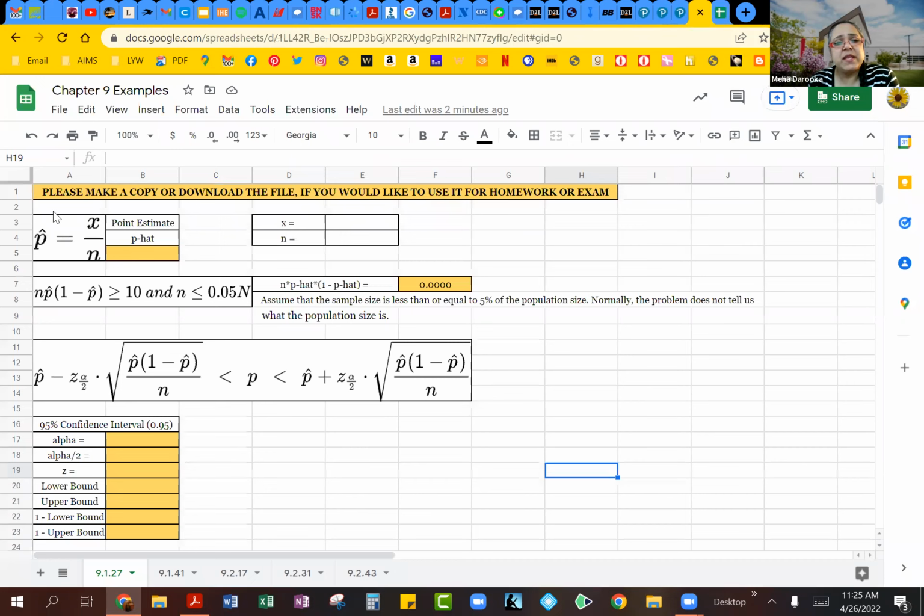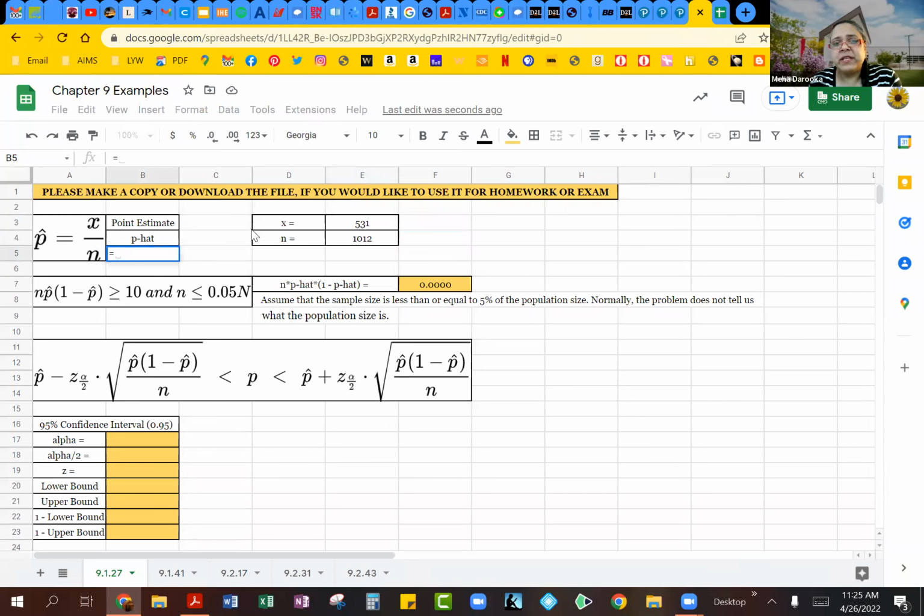So your point estimate, and you will see right here in the handout, guys, or the template that I've given you, the formula. So that's the p hat, which is x divided by n. So the x is going to be the 531 people. And of course, we know the total survey was done for 1,012. So that's the information for the x divided by n. And literally, that's all I'm going to do here.